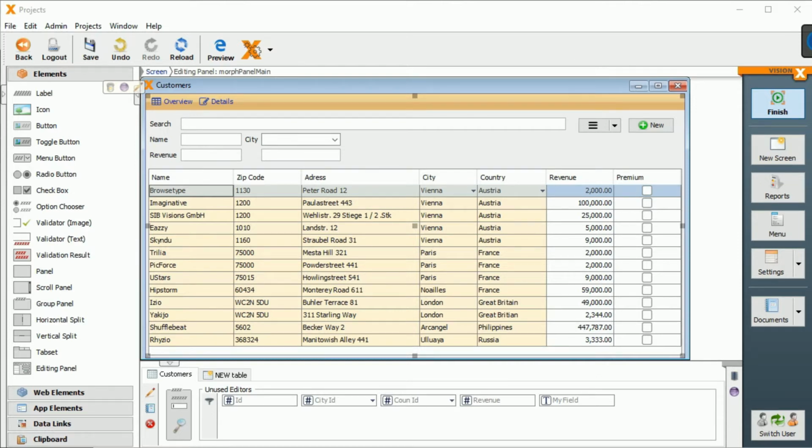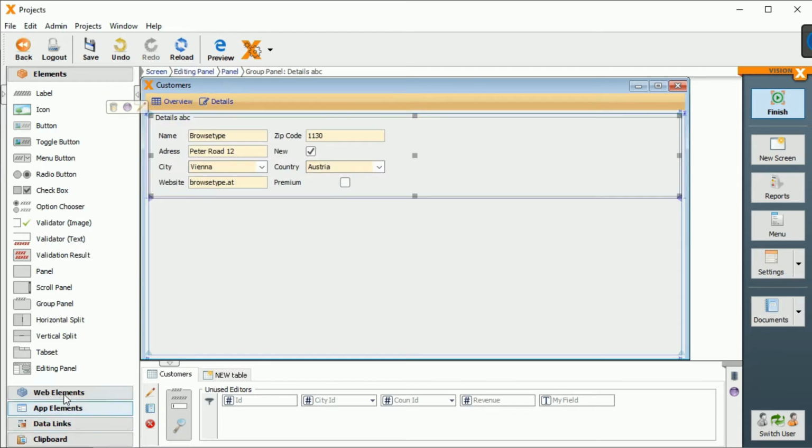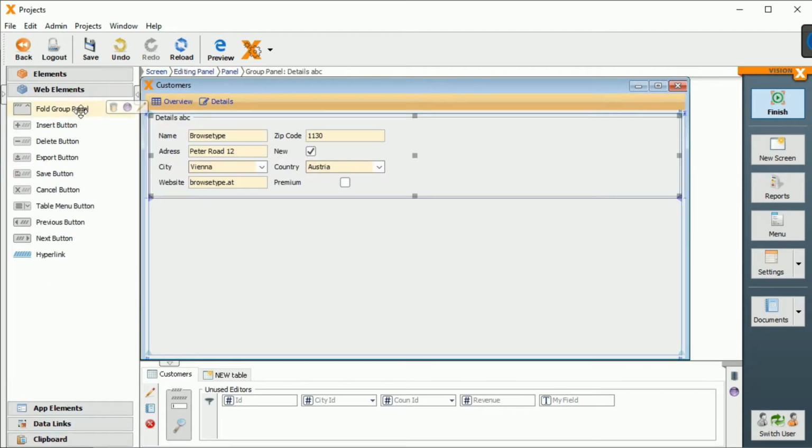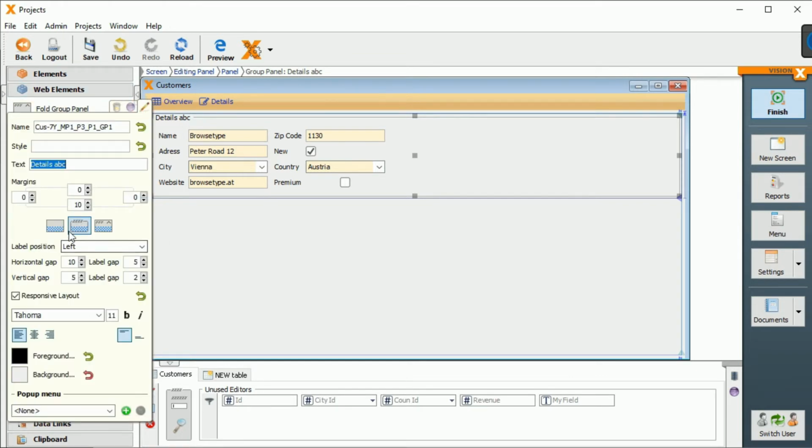elements in VisionX. As you can see, my example customer screen is already up. Let's have a look at the details. Now, today I'm going to focus on the web elements. At the top here, I have a fold group panel. I can simply drag and drop it into my screen, or I can go to an existing panel and click